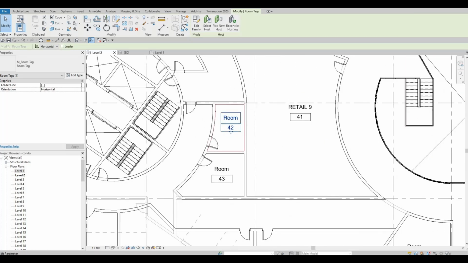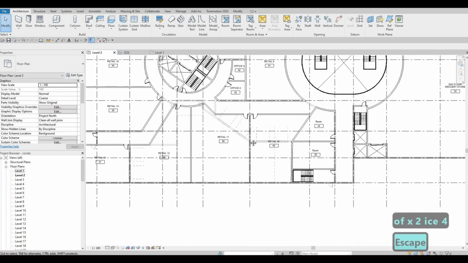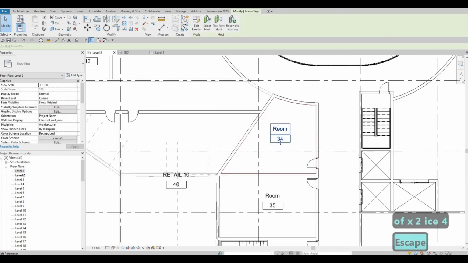We could add this one office 3, and then here office 4. And then here